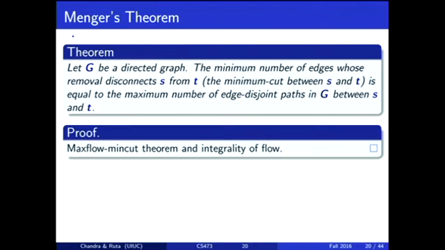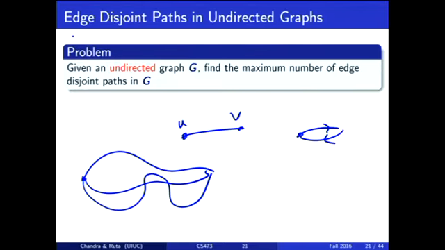Okay, now what about edge-disjoint paths in undirected graphs? That's a little more tricky, right? Because flow we define in directed graphs, otherwise it's hard to think about incoming flow and outgoing flow. But what you can show easily is that if you take an undirected graph and take each edge and create 2 edges, one in each direction, and put the same capacity, then max flow in that graph